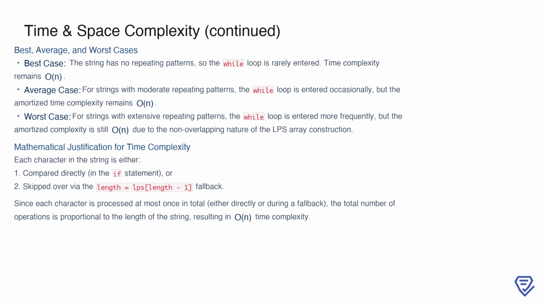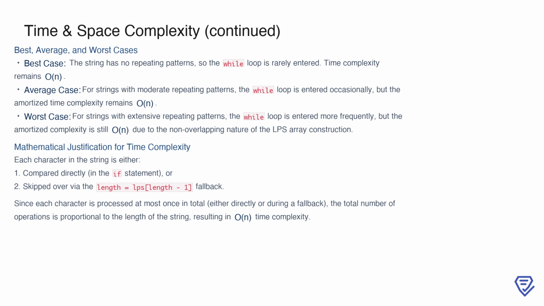For the average case, where the string has some repeating patterns, the while loop may be entered occasionally. However, the amortized time complexity still holds at O(n). In the worst case, if the string contains extensive repeating patterns, the while loop is entered more frequently. Yet, because of the non-overlapping nature of the LPS array construction, each character is processed at most once, and the